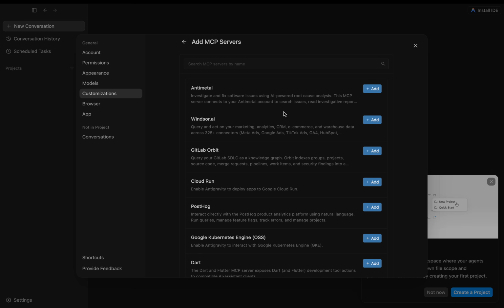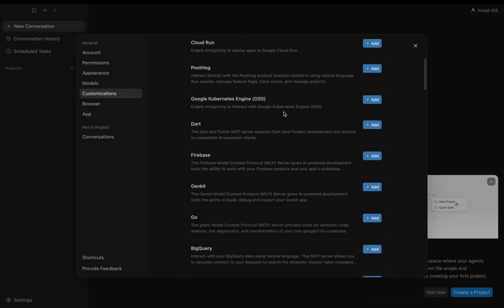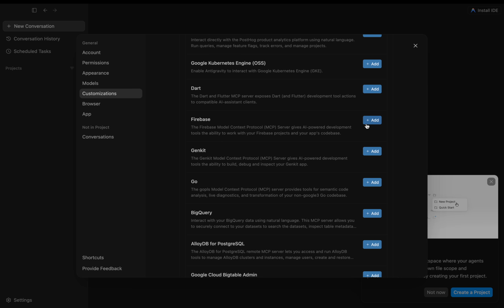Now here you choose the server that you want. So I like to add the Firebase. So now it is installing. The Firebase Model Context Protocol server gives AI powered development tools the ability to work with your Firebase